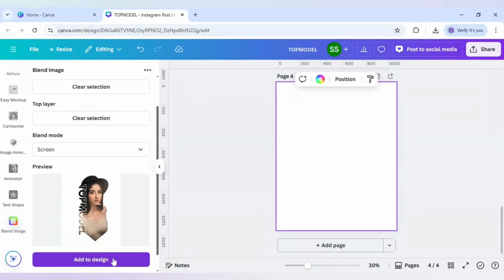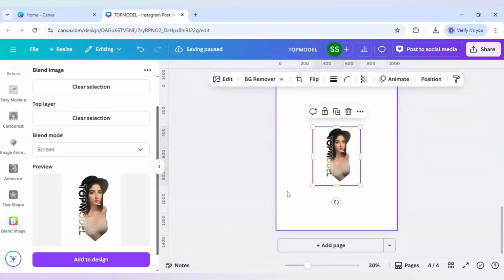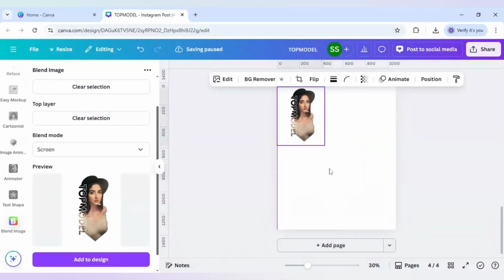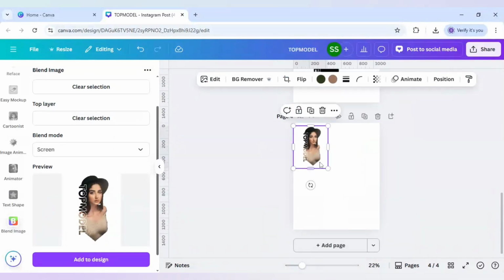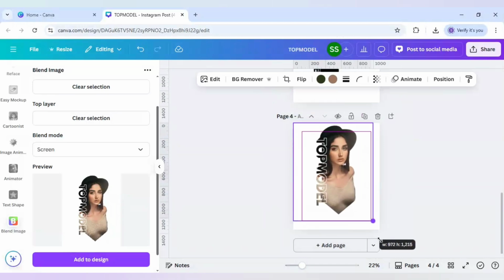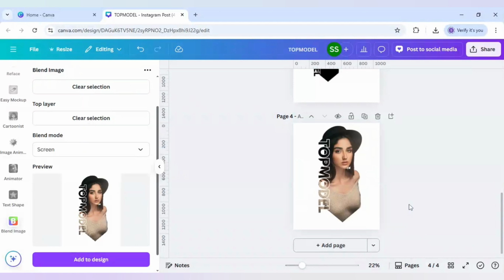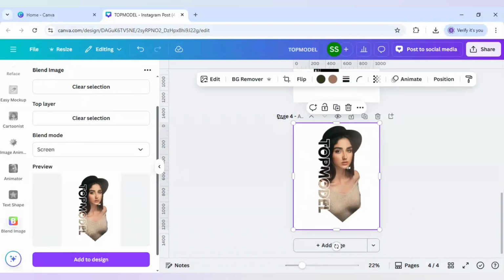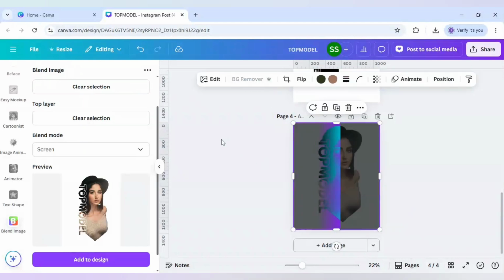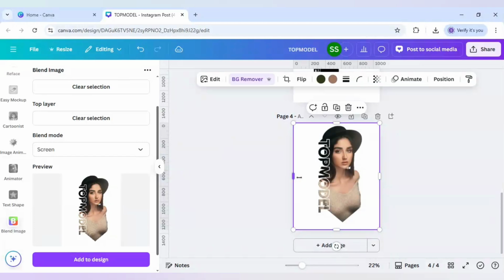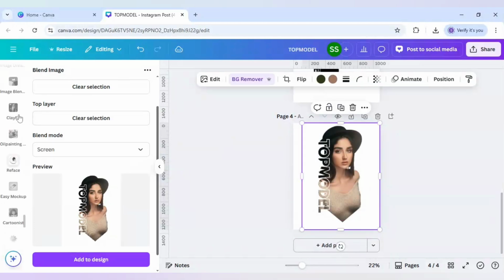Click on add page and add to design. But the work is still not done here because the white background is not looking good in it. So let's make the image bigger. Okay, and after that just click on BG remover again and just crop some part and